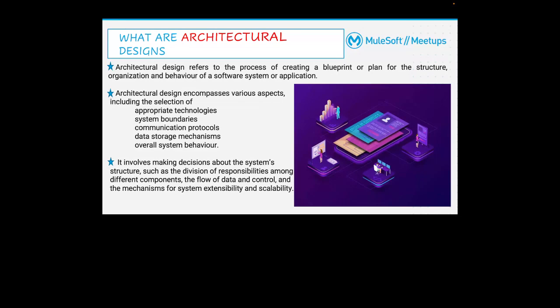It vastly involves making decisions about the system structure. For example, first, the division of responsibilities among different components, the flow of data, the control, and the mechanism of